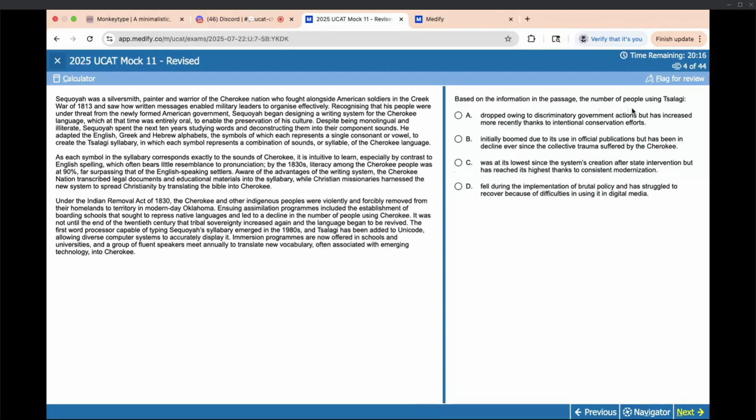Based on the information, the number of people using Tsaligi, it didn't, I don't know about that. Initially bloomed, it didn't bloom at its lowest. So, until the establishment of boarding schools, it was not until the end of the increase again to be revived. The third predecessor emerged in 1816, added to Unicode. So it's